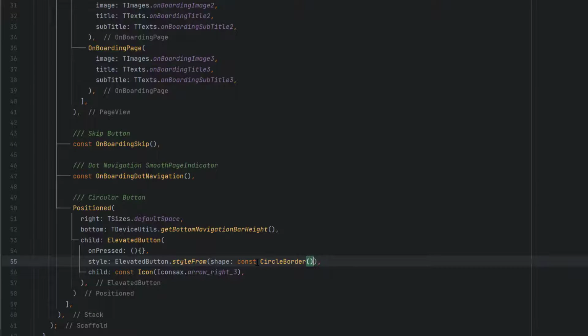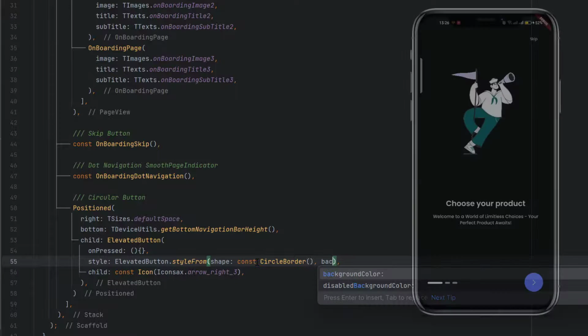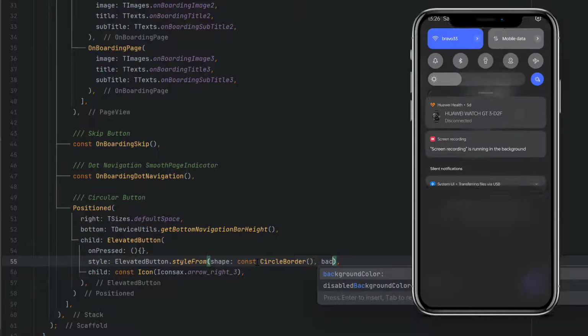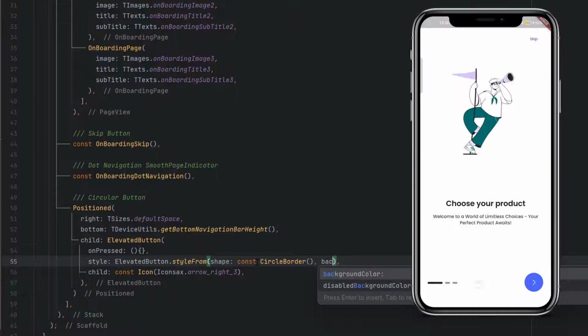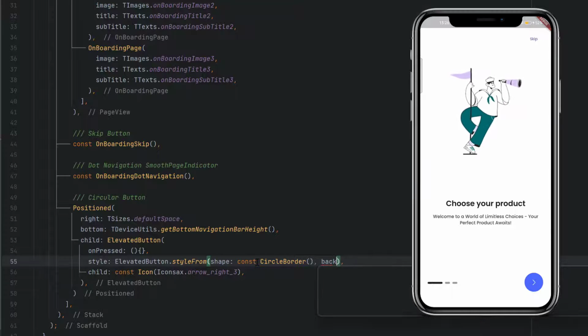Add constant, and if you again want to change the background color, because we have the primary color which is this color, you can see for the dark mode, but for the light mode, let me just switch it to the light mode, and in here you can see it's still a primary color, but I don't want to use that primary color as a background color when it's in the light mode. So let's add black color for here.